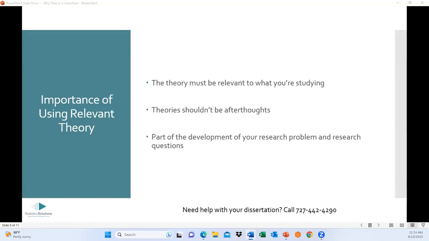So somebody like Herzberg has a motivation theory which involves satisfaction, which is an internal factor, right? Personal satisfaction. But it also includes things like pay and promotion. Those are external factors, right? So if you wanted to look at internal factors and external factors, you would use a theory that covers those two kinds of factors, and that would be something like Herzberg.